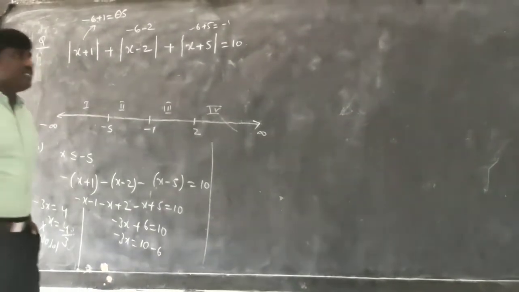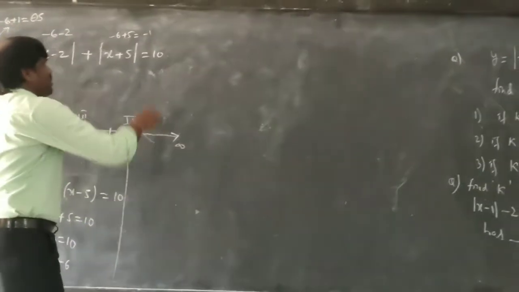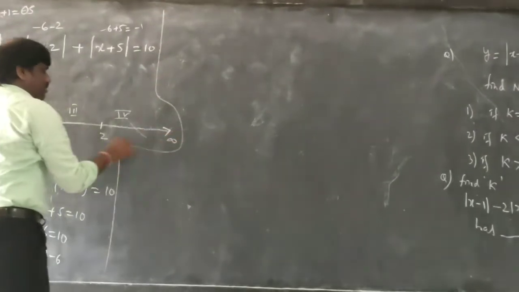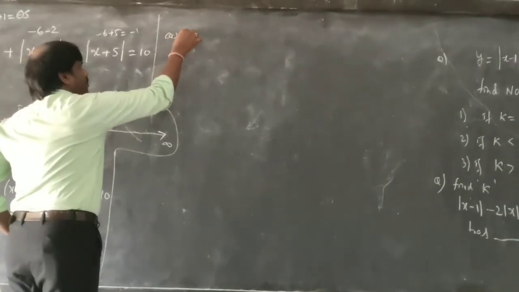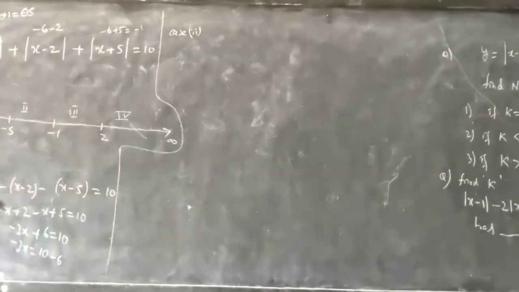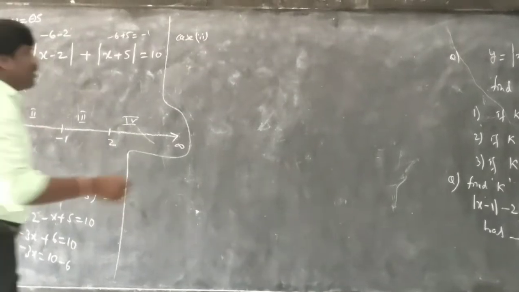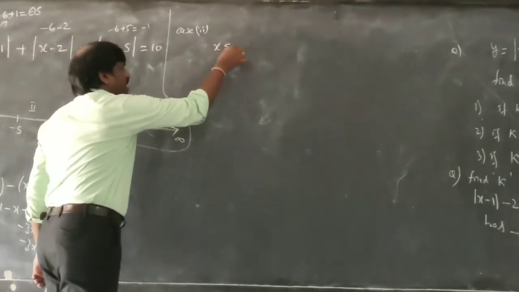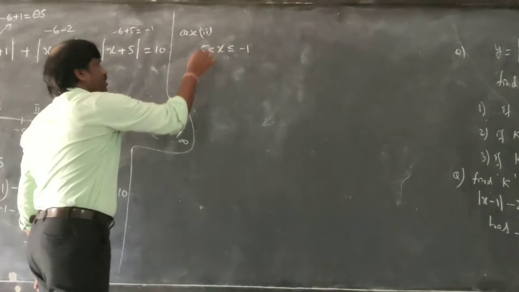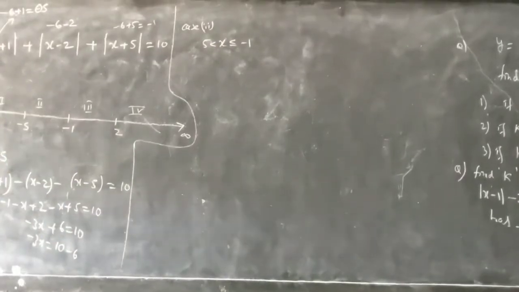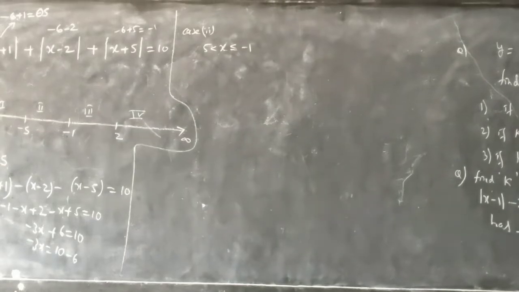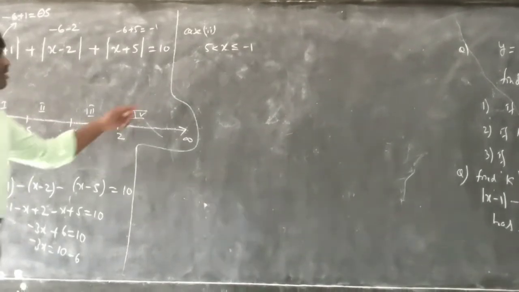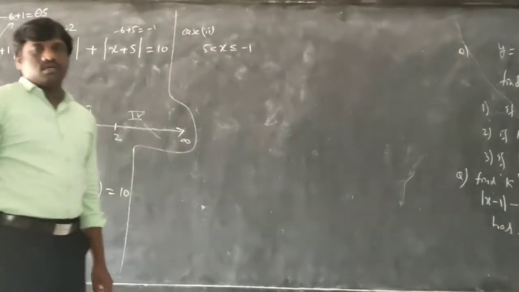Let us go for case number 2. There will be 4 cases possible. Case number 2, what do you do here? Let us take this point. Now x is in between -1 to 5. Already 5 is included here, no need to include it there. So here I took -1 to 5. Take any number between -1 to 5.